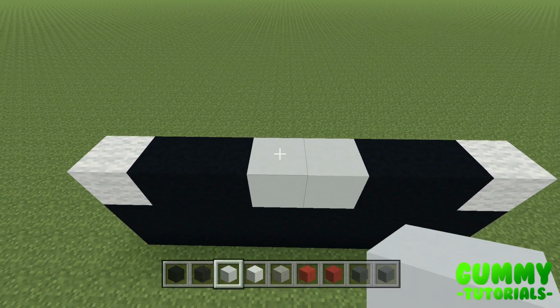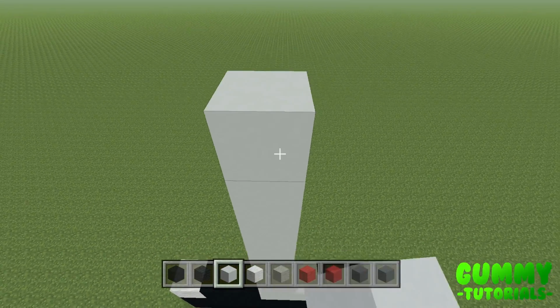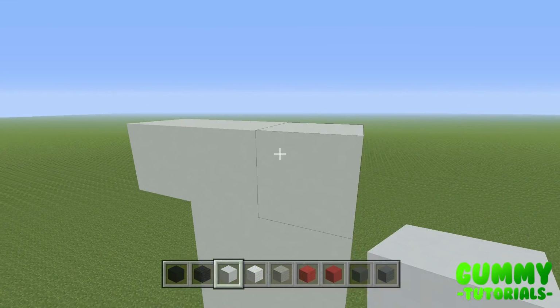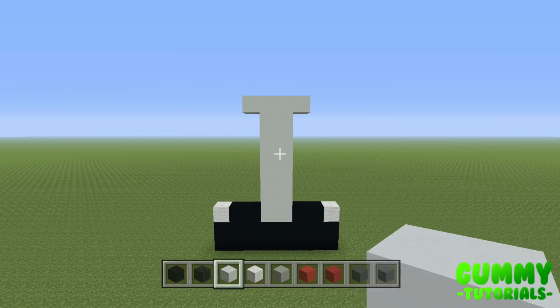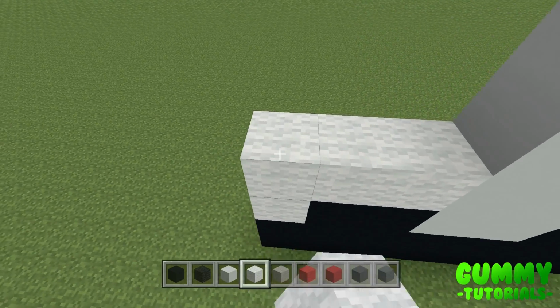So once again, we build up 7. That's 1, 2, 3, 4, 5, 6, 7, and on this side, again, up 7, and then we're going to build 1 to the left, and 1 to the right, and this will bring you to the 10th layer. So we're going to build an additional 2 layers on top of it, but that should give you a basic idea of the height. Now, either side of these blocks, we're going to fill it in with white wool, and